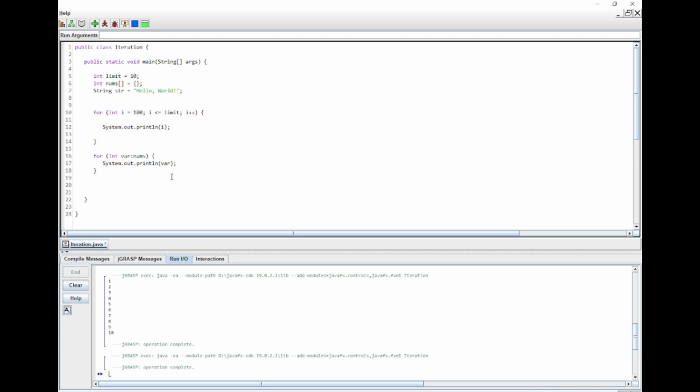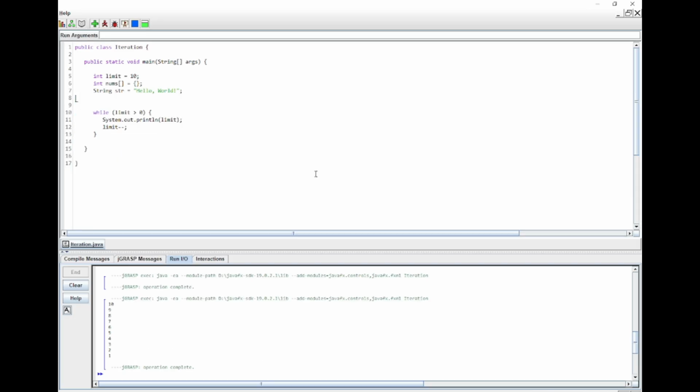Now we get to another form of loop, the while loop. The while loop is also a pre-test loop. So that means you'll have some condition, and while it's true, it'll keep executing the loop. While limit is greater than 0, we'll print the limit, and then we'll decrement it by 1. So let's get rid of these other loops up here. Now we can see that as soon as the limit is no longer greater than 0, it'll stop executing the loop